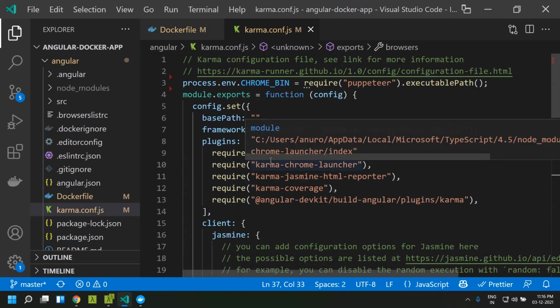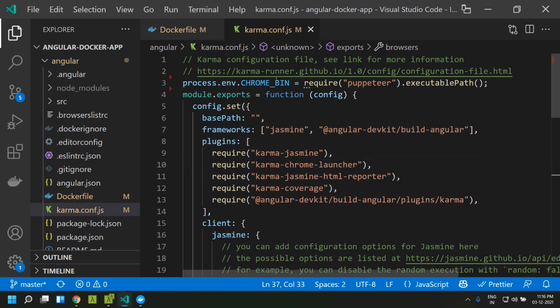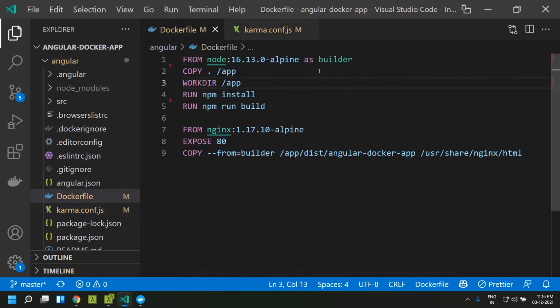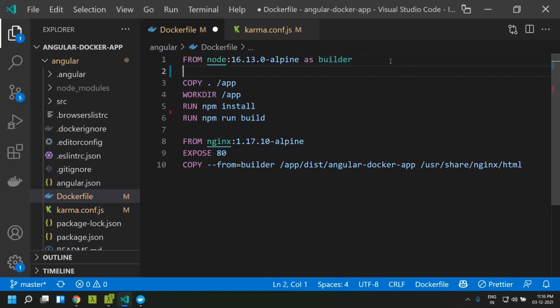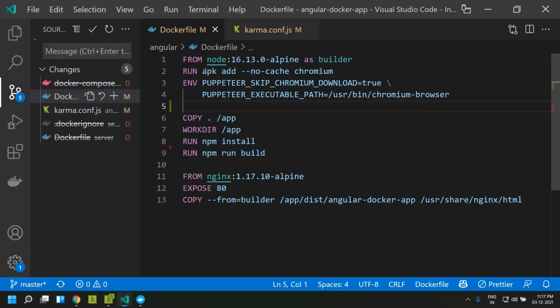Once we make these changes within our karma config file, we can go to the Docker file and add steps to install Chromium in our Docker image. I have added the step to install Chromium in our Docker image, and also I am informing Puppeteer to skip the download for Chromium.